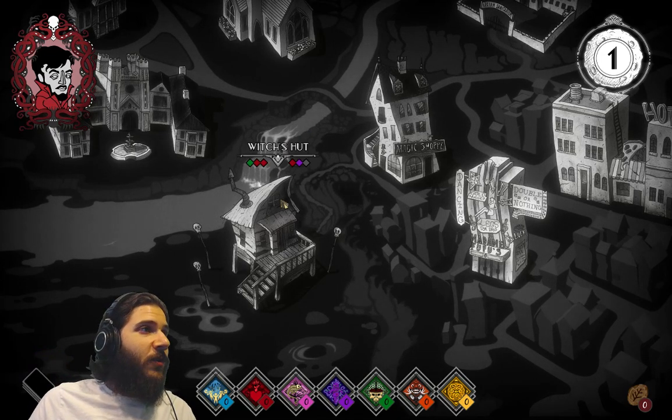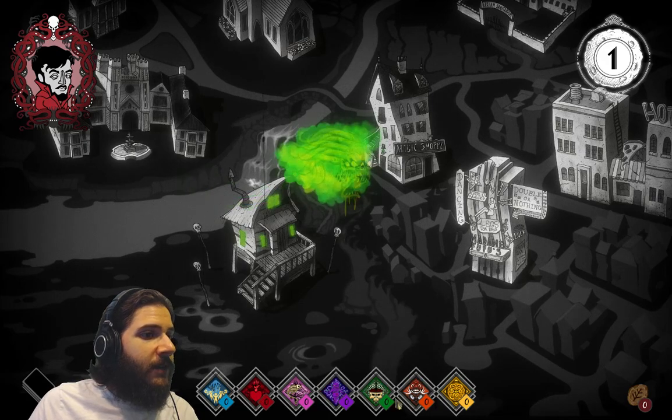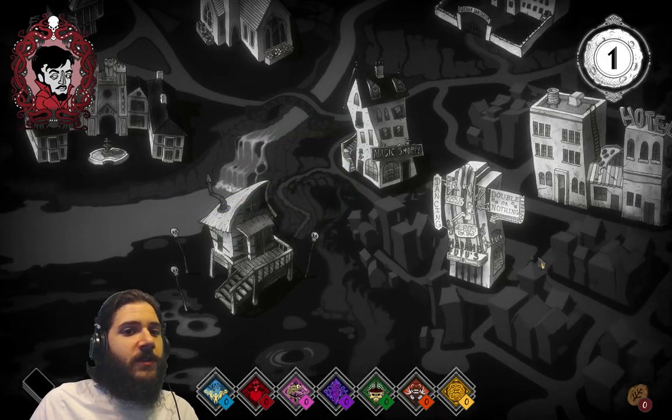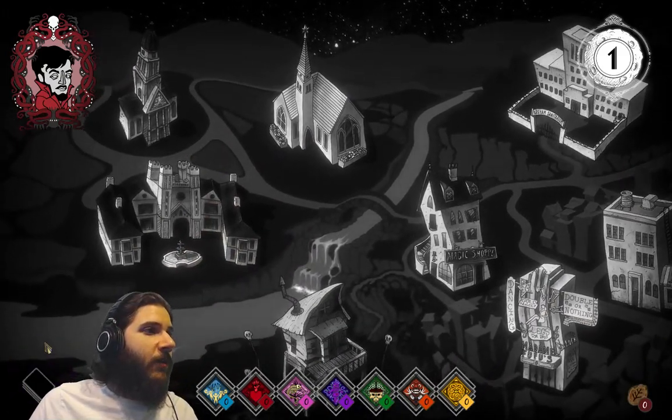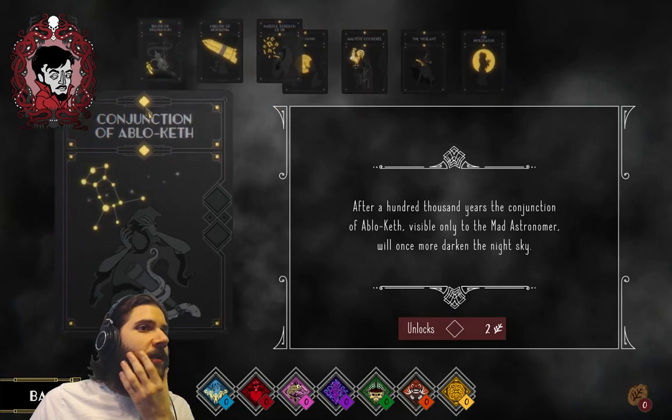Yes, there should be Eldritch Horrors, if I am successful. So, if I were to go here, I would get body and knowledge. I don't know why I would want that. And then what does this do? This is my information. Okay, so